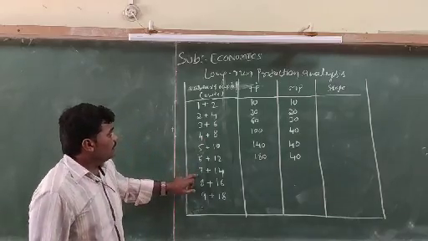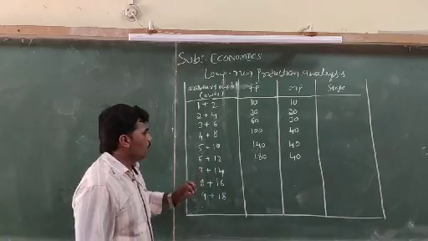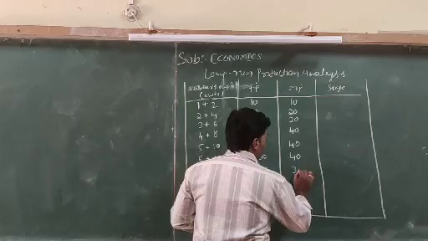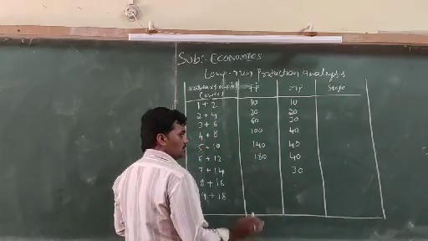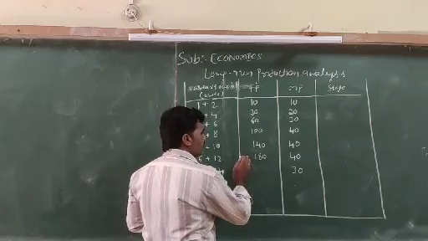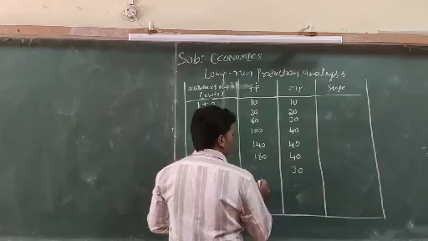Then again, if the firm employs 7 units of labor and 14 units of capital, now the marginal product starts to decrease to 30 units, but the total product will not decrease. It increases, but at a decreasing rate. 180 plus 30,